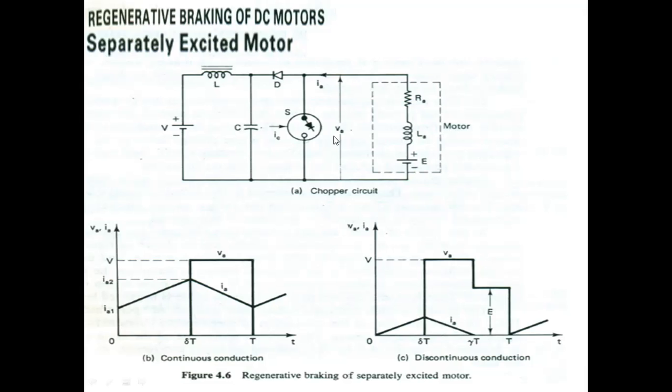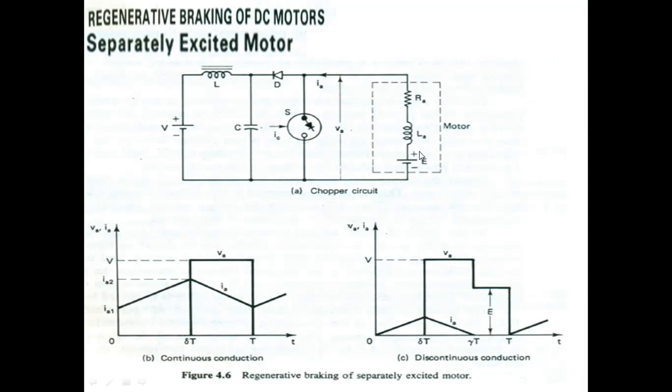Once I close the switch, this will be La, and this total unit will be acting as a motor from 0 to delta T. The inductance will be storing the energy. After I open the switch, that means when we remove the charge of the vehicle, the switch will be opened. From the duration delta T to T, the switch is open. Up to then, the current will be flowing like this towards the motor.